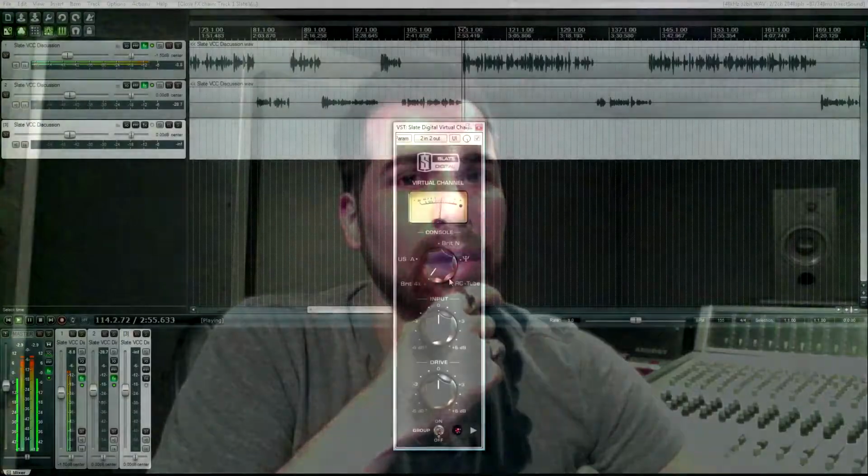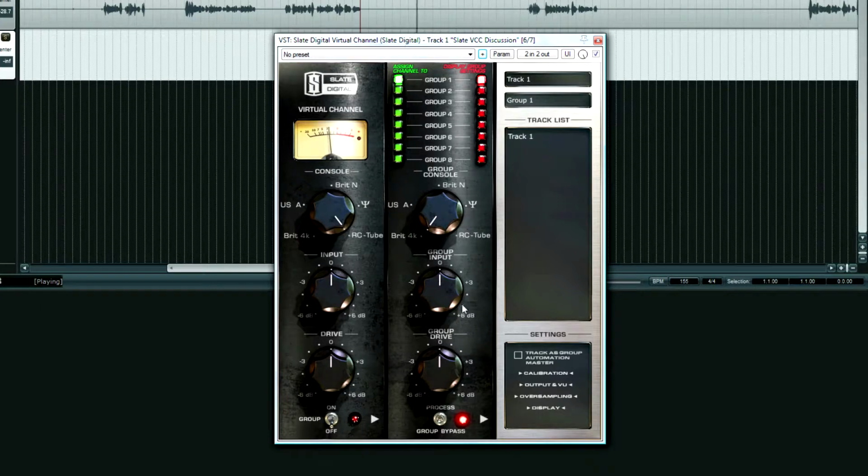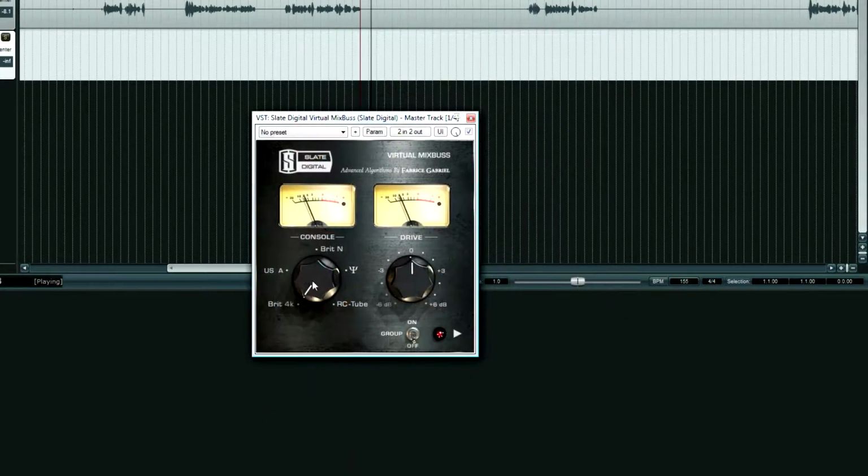So, Stephen, just explain kind of what's going on with this plugin. Well, the Virtual Console Collection emulates analog consoles, and it does so by emulating the channel path via the VCC channel, and then also the center section summing via the mix bus plugin. And what we did is we found 5 really amazing sounding consoles. And by amazing sounding, I mean, again, consoles were